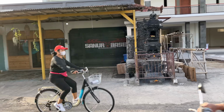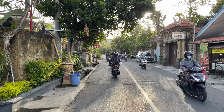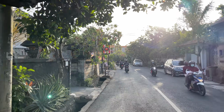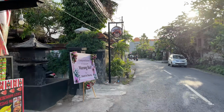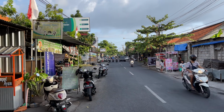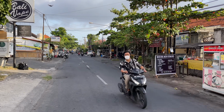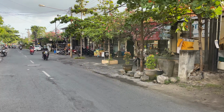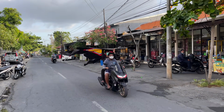We were considering to stay there maybe in the future, but seems like there's no parking for the cars, so maybe not. Anyway, we like the place where we stay right now. Life is like this. Actually, I really like living in Sanur just because everything is around, very close by, you know, guys. Like here, for example, is an electronics shop and another Pandaputri market, where you can buy your groceries,